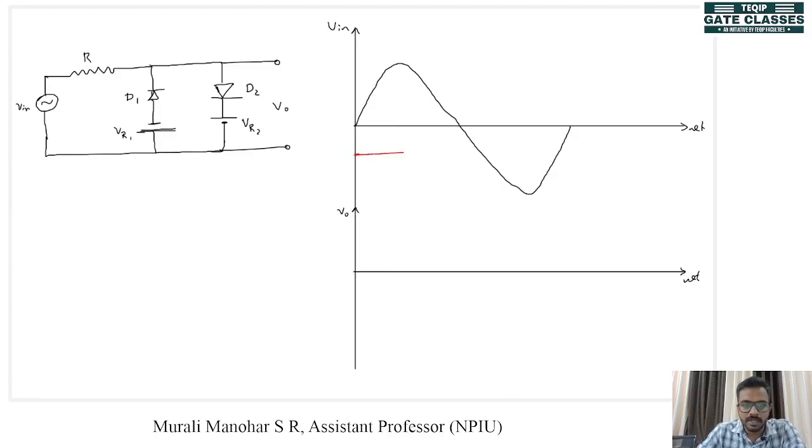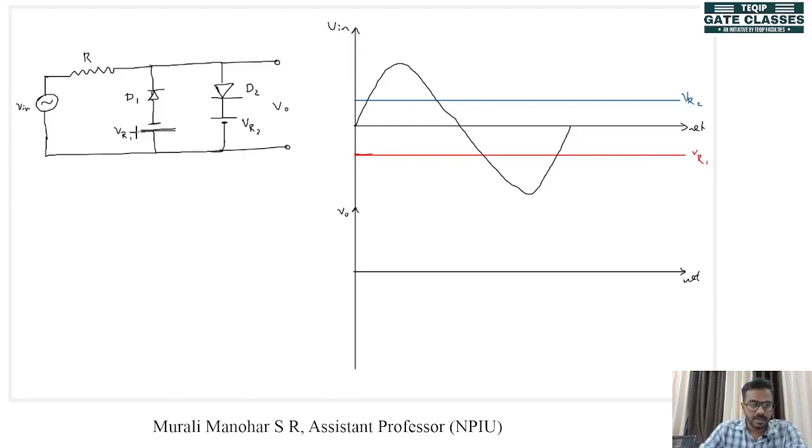VR1 is now a negative voltage, VR2 is now a positive voltage. Let's say their magnitudes are the same. This is VR2, this is VR1. Okay. Now when we look at the circuits,